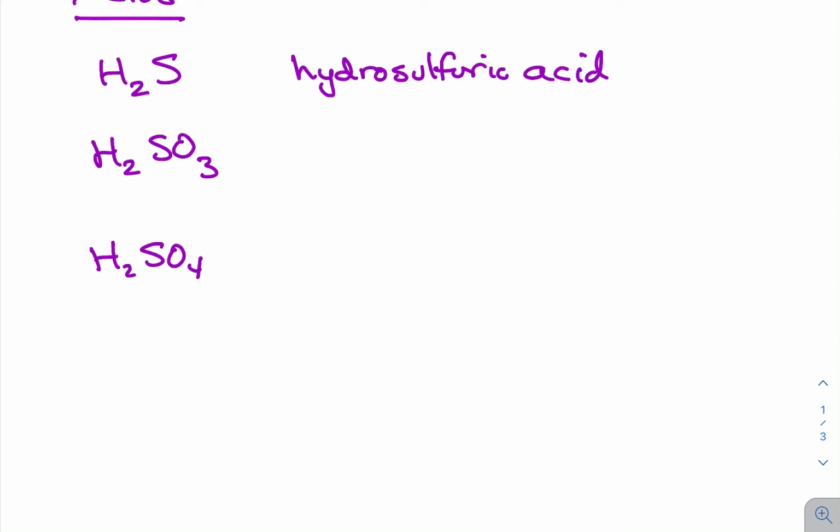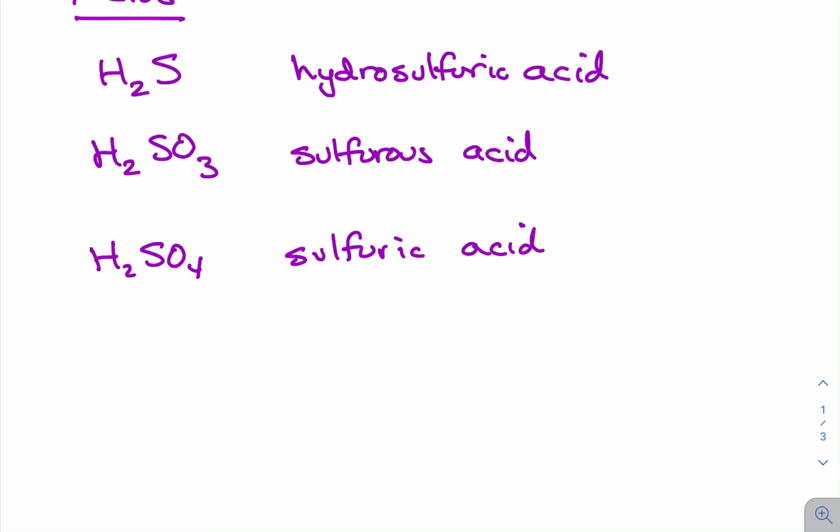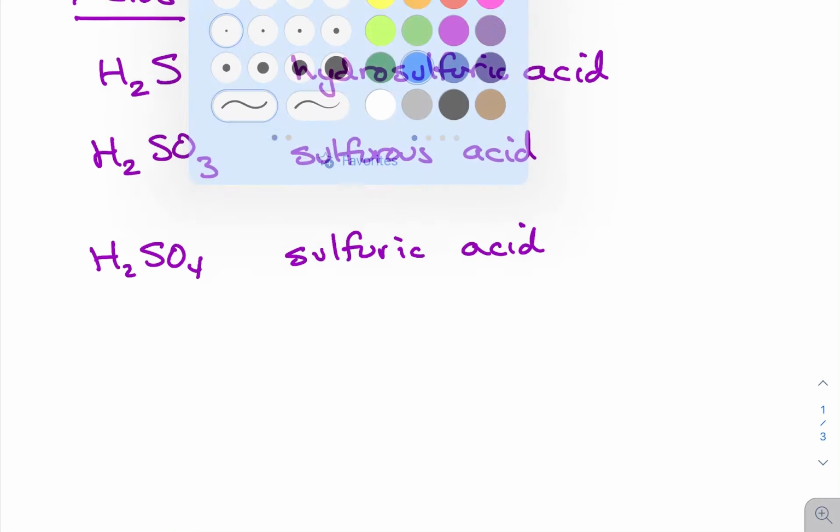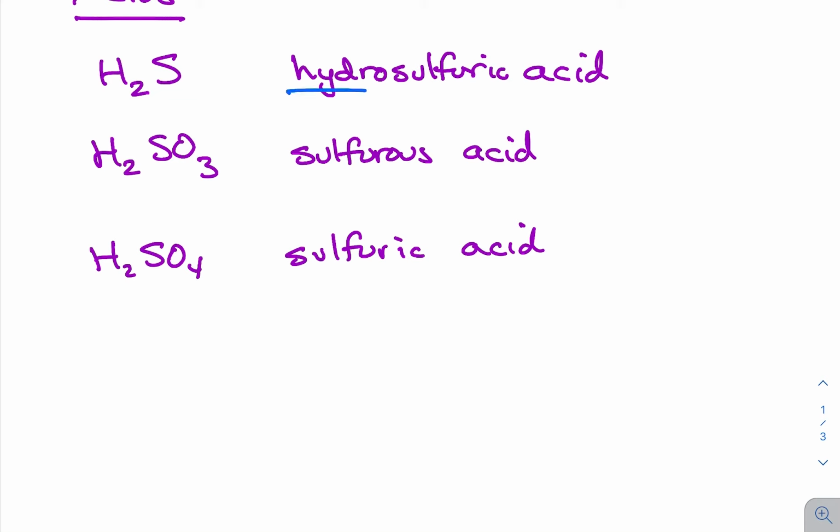And the second one here is sulfurous acid. And the third one is sulfuric acid. All right. So the first thing to notice here is that the only one of these that has the prefix hydro in it is the one that does not contain a polyatomic ion as its negatively charged ion. Now, we're going to come back to this at some later point, but acids are really weird